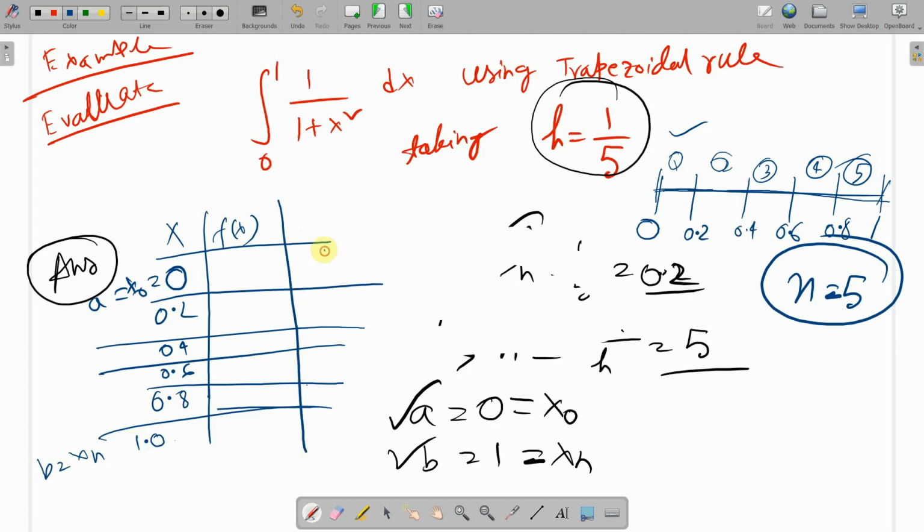fx की वैल्यू f0, f1, f2, f3, f4 और fn यानी f5 हो जाएगी। f0 की वैल्यू कितनी आएगी? 1। f1 की वैल्यू कैलकुलेट करो। ट्रेपेजॉइडल रूल में यही करना होता है। थ्योरी में थोड़ी कॉम्प्लिकेशंस हैं, बट प्रॉब्लम करने में बहुत आसानी है।